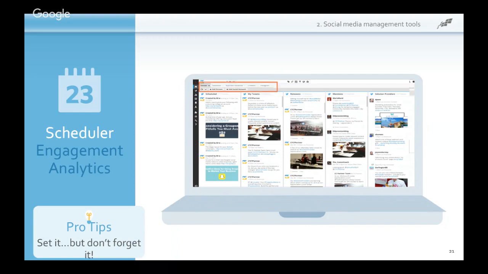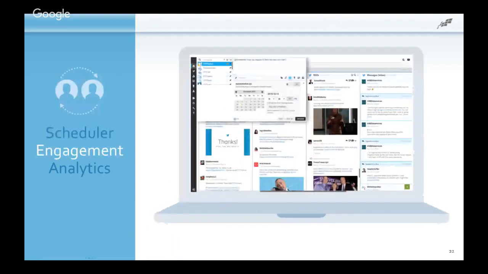So there's no need to remember multiple passwords with this. You can log in once on Hootsuite and cross-post and get that content out there. So in this example screen, you can post from any of the social networks. Hootsuite currently covers Pinterest, Facebook, Twitter, LinkedIn, Google+. Nothing for Instagram yet, although I hear that that's probably coming. It's much more image-centered on Instagram anyway, but you can set it, and then as you can see on this window, you can also set for your different accounts, but then also publish and click on specific dates or times.